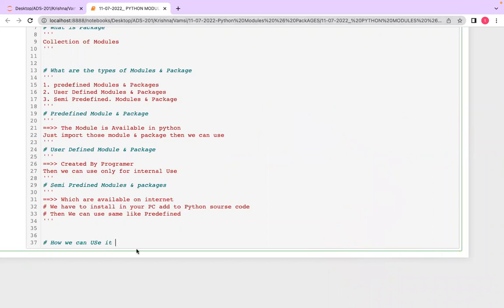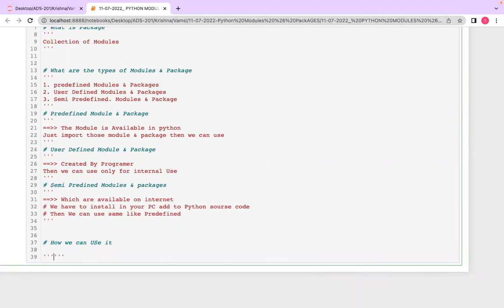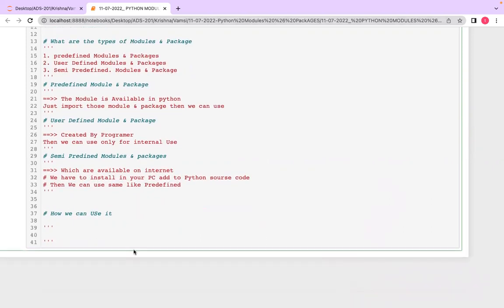Okay, now how can we use them, whether it is user defined or predefined? Let's look at this. We have the import keyword. With the help of the import keyword we can use those modules, whether predefined, user defined, whatever it is.